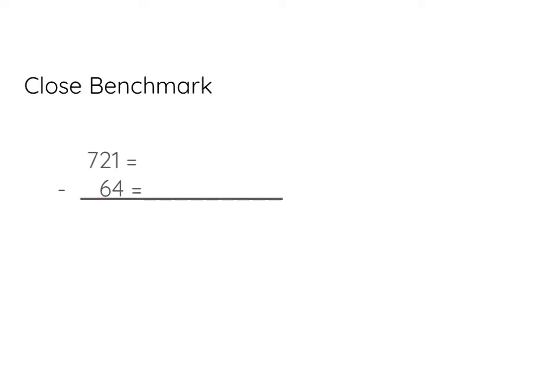Okay, try this problem first with the close benchmark. So the first thing you're going to do is put a minus 64 there, and in your head think, who is 64's next 10? Well, it's 70. Now that you're at 70, how do I get to the 100? By adding 30. Now that I'm at 100, how do I get to 700? Well, with a